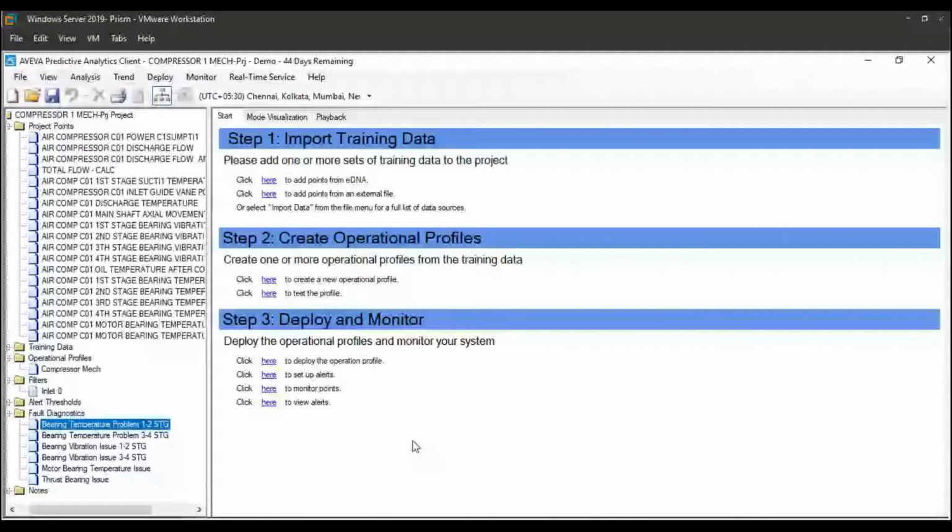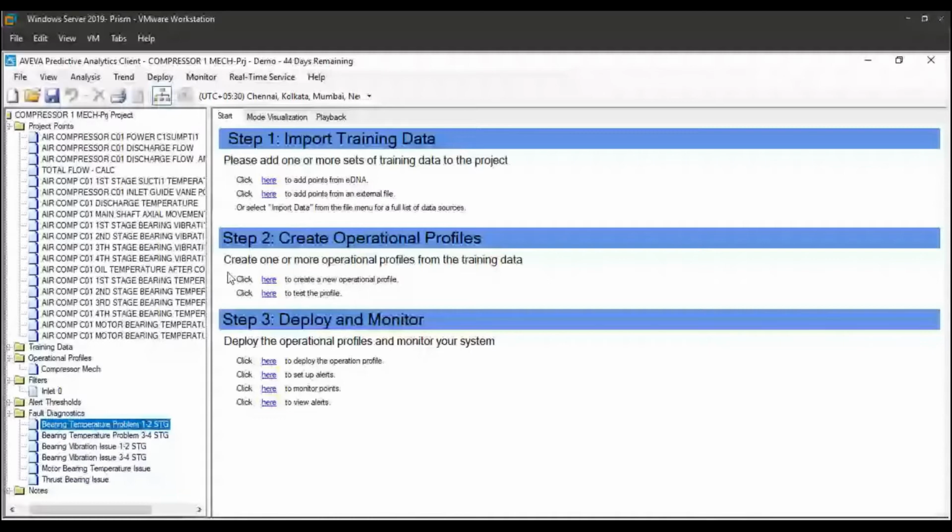By that, what I mean is I'll take all the variables of a compressor which indicate the mechanical health of a compressor. So for example, a generator could have an electrical aspect to it. It can also have a mechanical aspect to it. And then it can have a process aspect to it. So here, for this air compressor, for this demonstration, I'll be taking into consideration the mechanical health and the mechanical aspect of this air compressor.